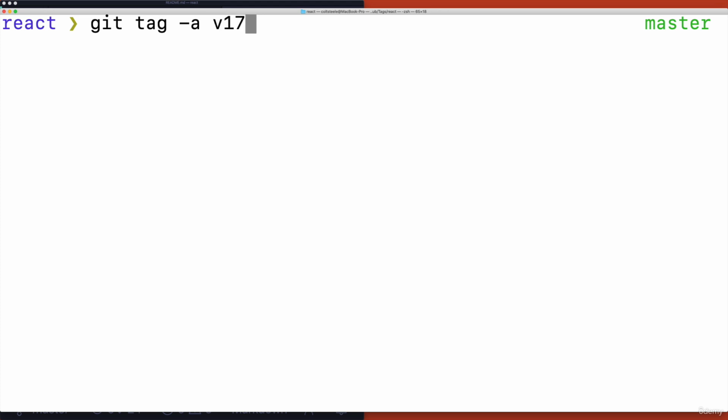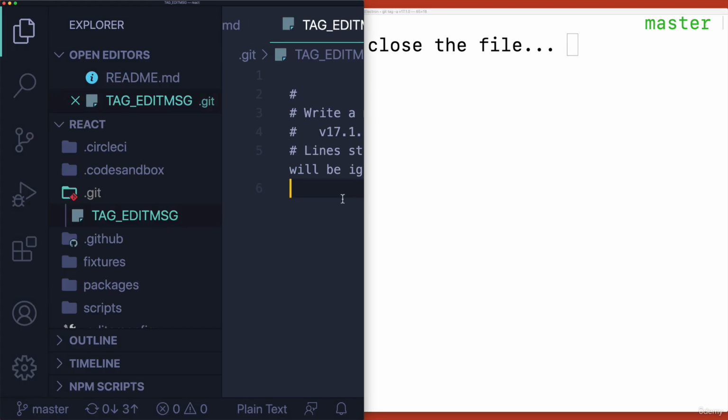I think we're on 17 point. If we're doing a minor release, it will be 17.1.0, right? We were on 17.0.3, I believe. This is now a minor release, not a patch. So there we are. And you'll see that it's going to prompt me in my editor, just like when I